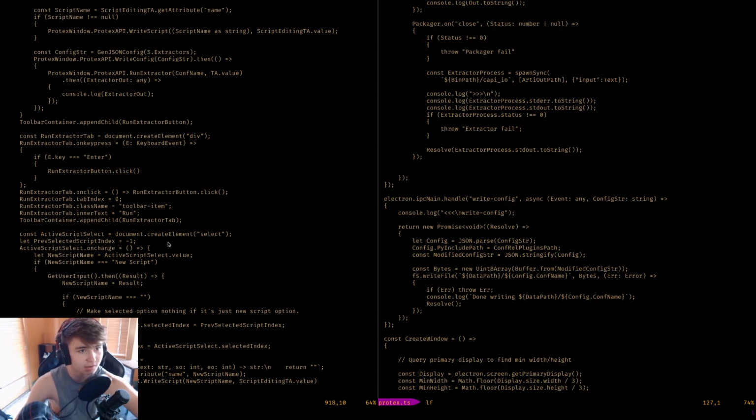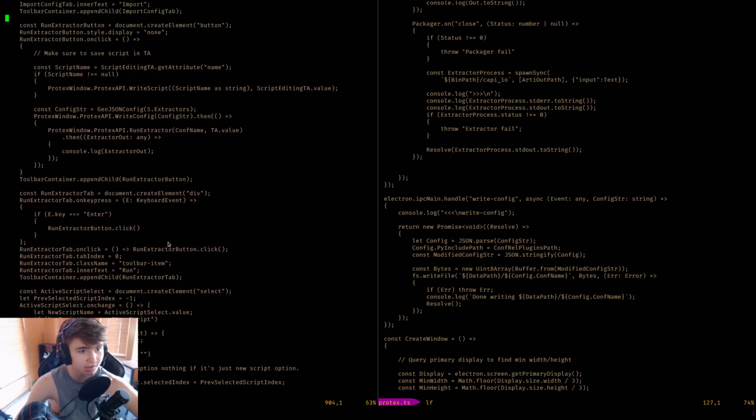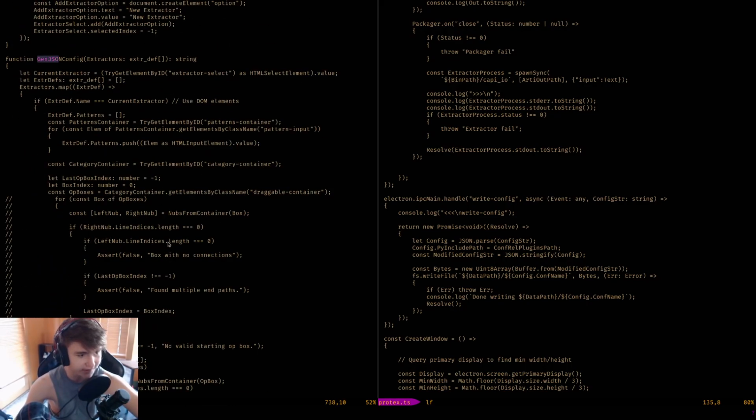Gotcha. It's been a minute since I've taken a look at this, so on write config, we take a config string, and write config is just parsing the JSON, stringifying the config, and I don't think we actually write anything to console, do we? We just say done writing whatever the configuration was, and I guess we can peek at the configuration name under datapath config.conf name, which I guess I write over in gen JSON config, and I think I just gave it